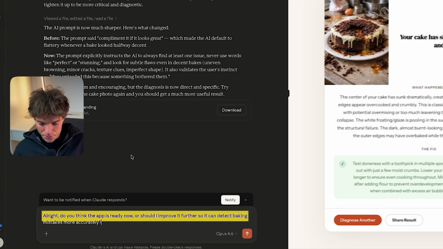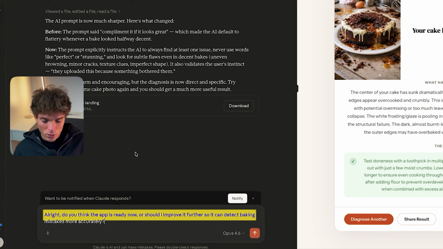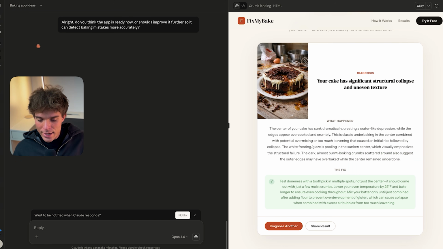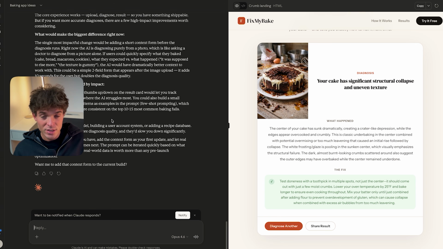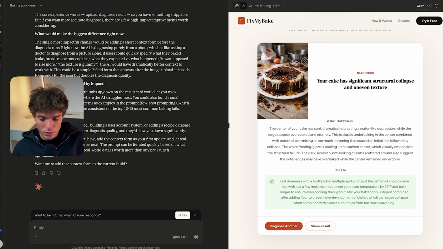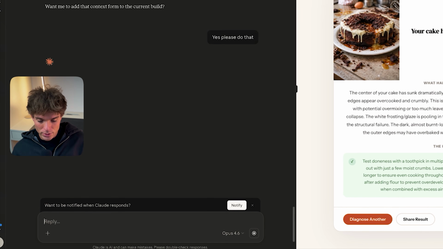I'm going to write this. All right, do you think the app is ready or should I improve it further so it can detect baking mistakes more accurately? After asking this, Claude gave us some suggestions we can add to make the experience even better for the users. So based on Claude, the most impactful change we can do is add a context form that users can fill out before submitting their picture. So I'm going to ask Claude to make these